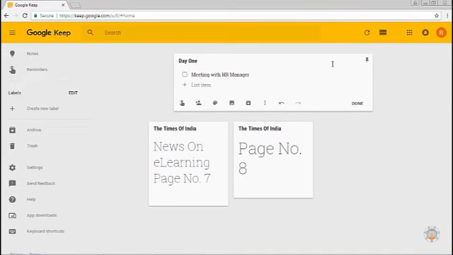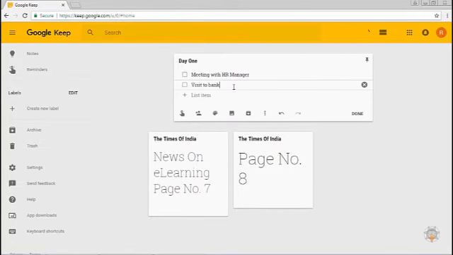If you want to add any other tasks, you can simply click on List Item and then start entering the tasks. You can delete any point you want by simply clicking on Delete. You get the same options as we explored for notes, with addition of one feature, which is an option of